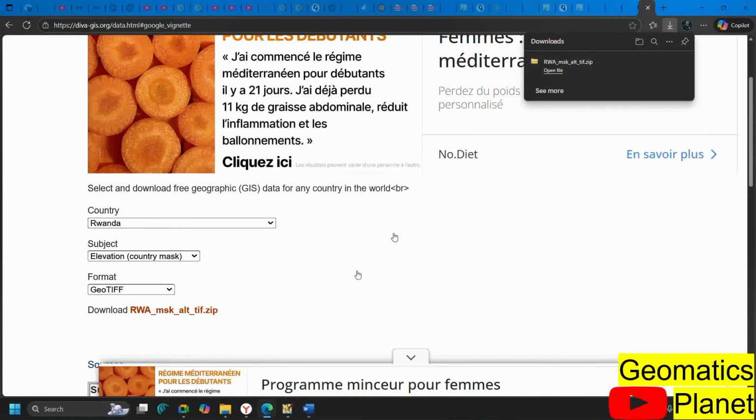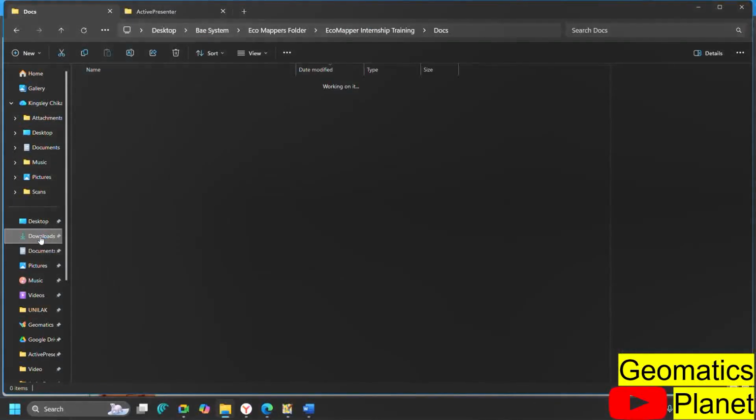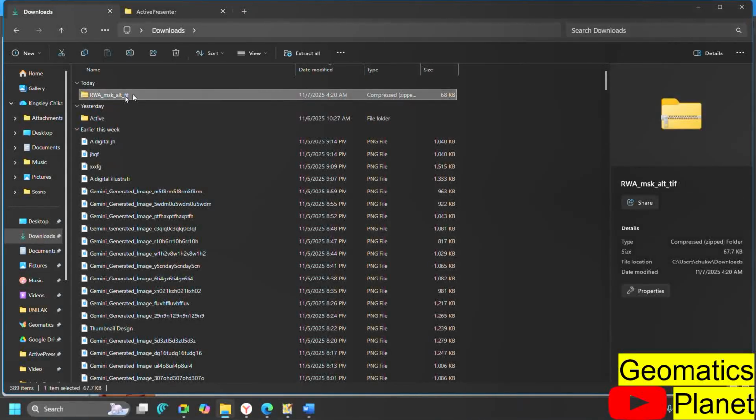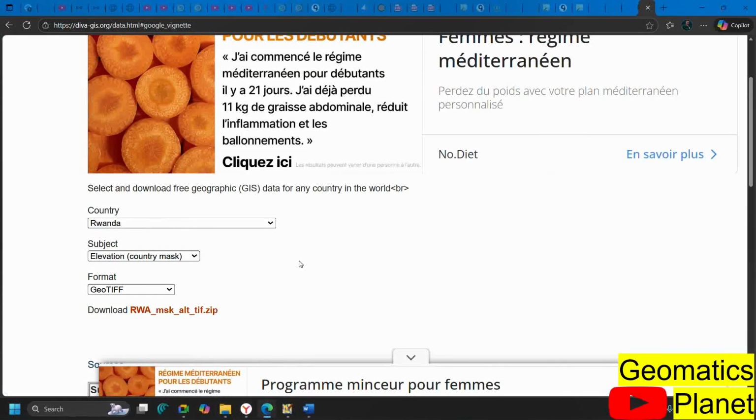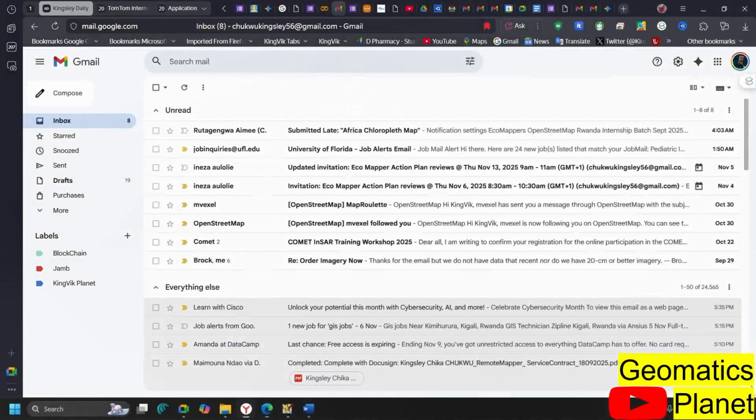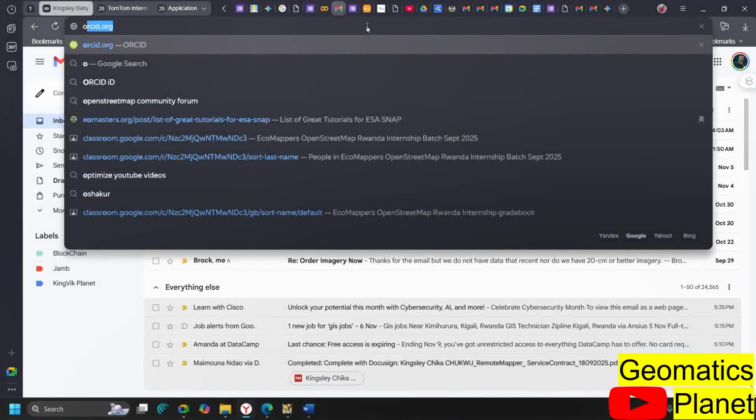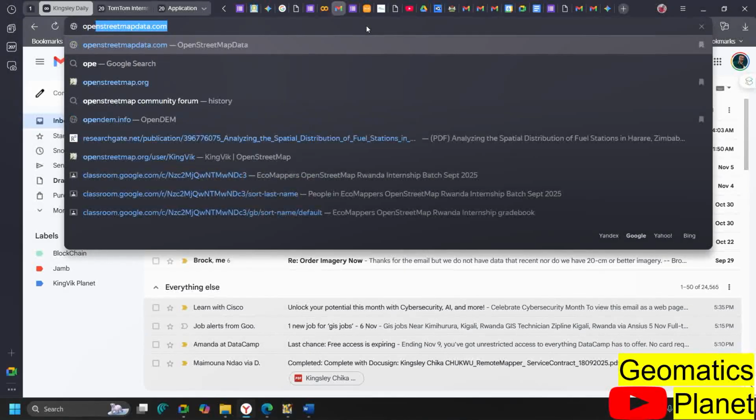So if you have this kind of size of data, you will realize that this does not really count well, because the elevation size, see here, imagine the entire Rwanda elevation is 68 kilobytes. That is not really something you can see that it is big. So on this note, we might go straight to the one I want us to use today, which is